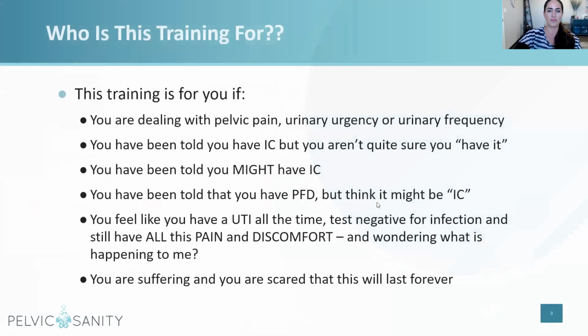Here we go. So who is this training for? This training is for you if you are dealing with any sort of pelvic pain, urinary urgency, urinary frequency. Urinary urgency is defined by that really strong urge to go, kind of like you have a UTI. Bladder pressure is another really common description. Suprapubic pain is pain or pressure right above the pubic bone. And urinary frequency is defined, technically, as going to the bathroom more than 5 to 7 times a